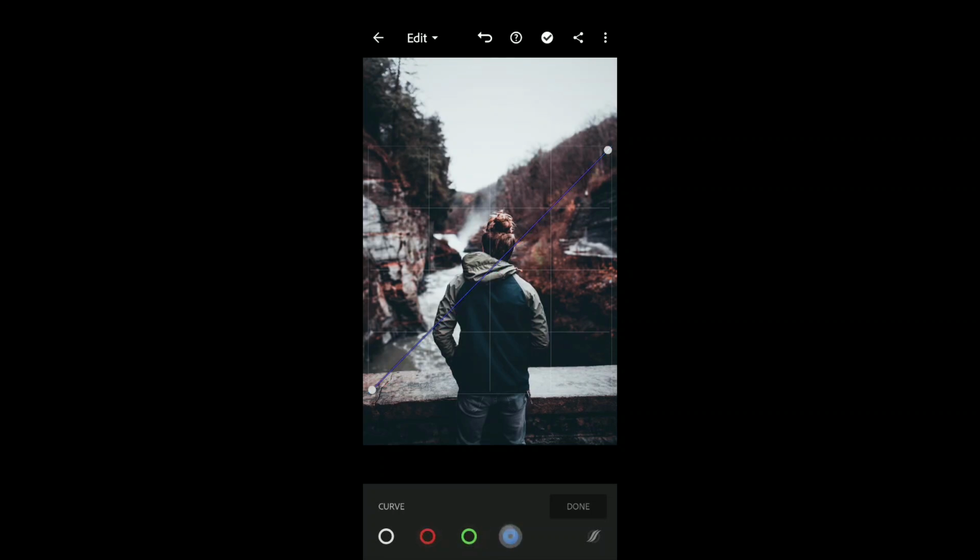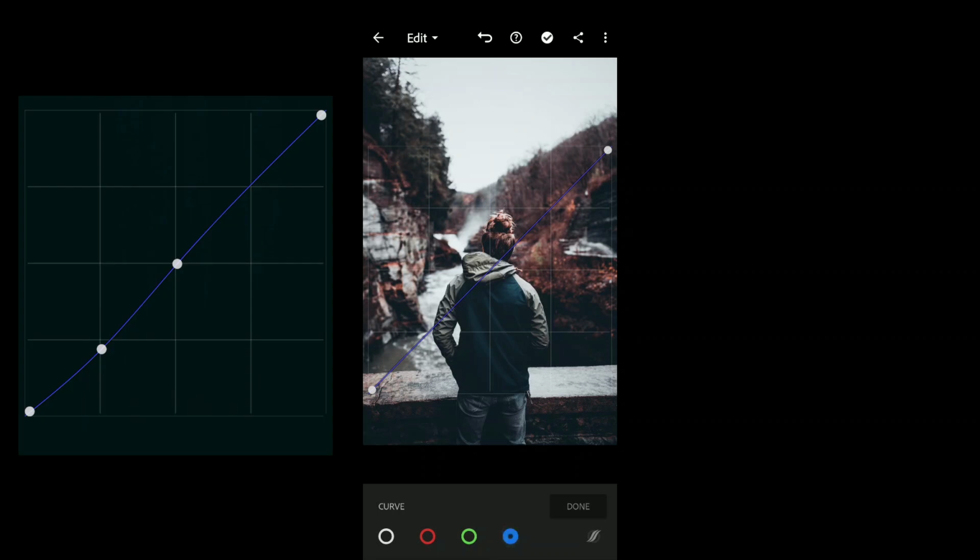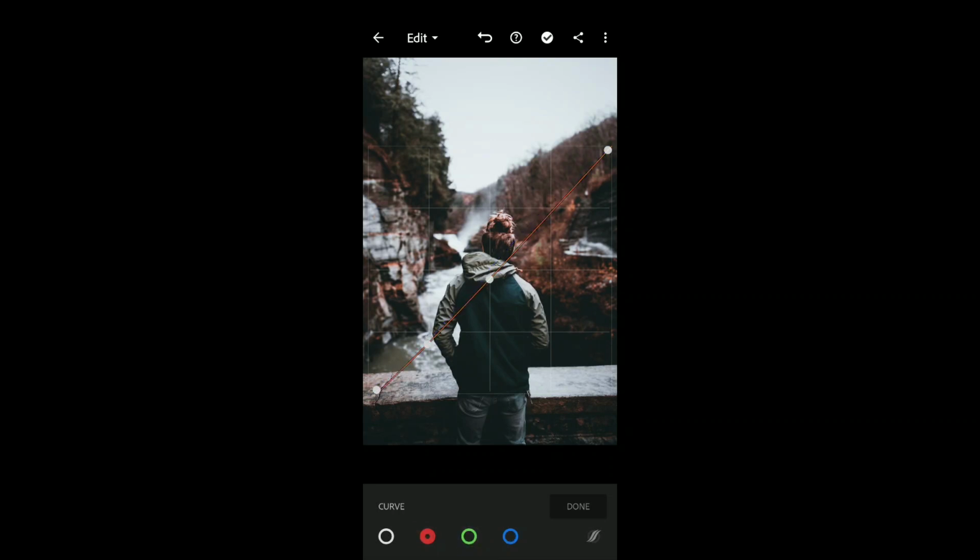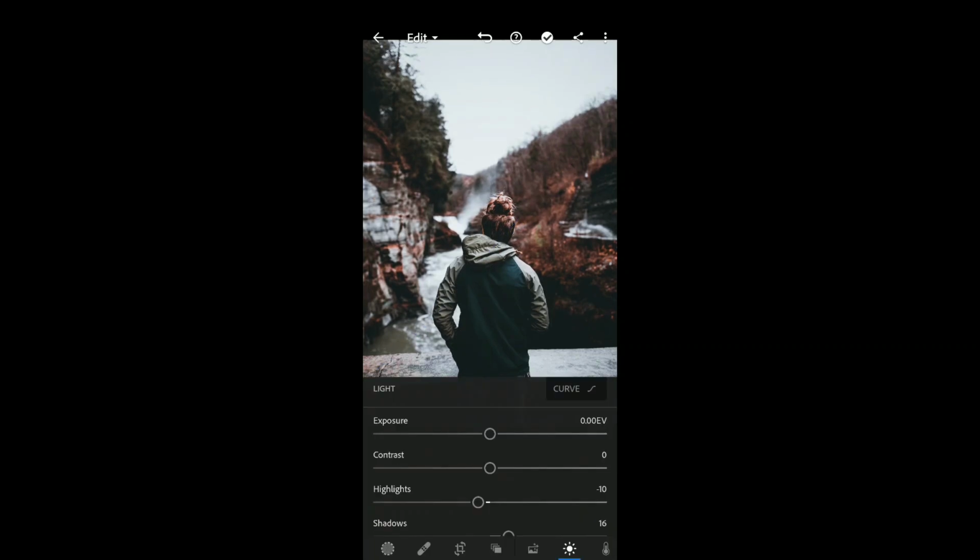Now select blue and then do the same, but just a little bit, like this. Leave the midpoint at the center and then just bring down the shadow just a little bit, like this. Now click on done